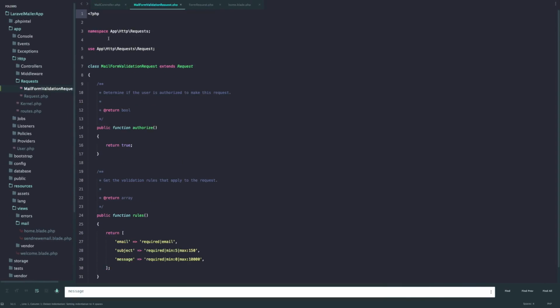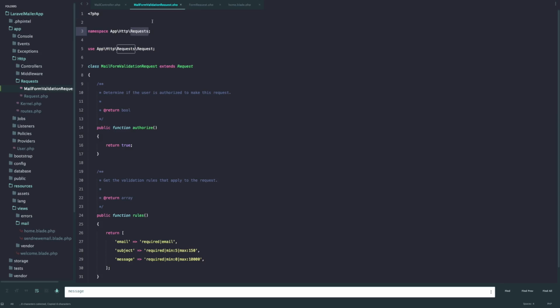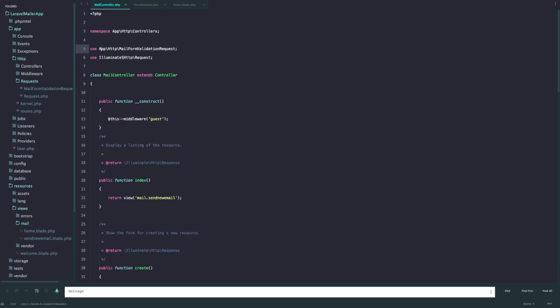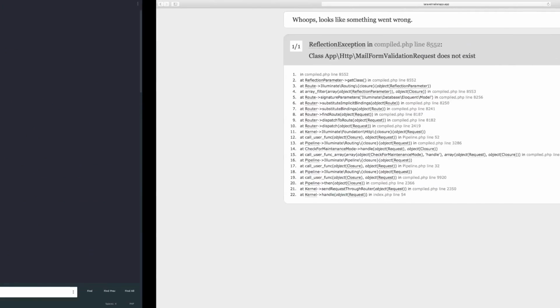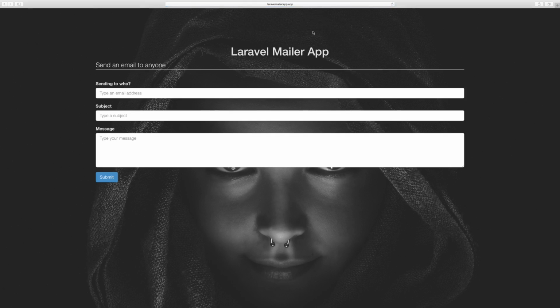And why does it not? The namespace is app http requests, so the requests are inside, and we need to put that in as well. Just copy this, get rid of this, go here and paste it, and hopefully now. Okay, so here if I try to send it, as you can see nothing is happening, but actually everything is